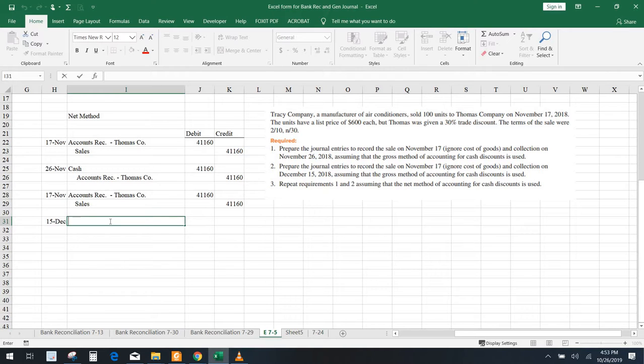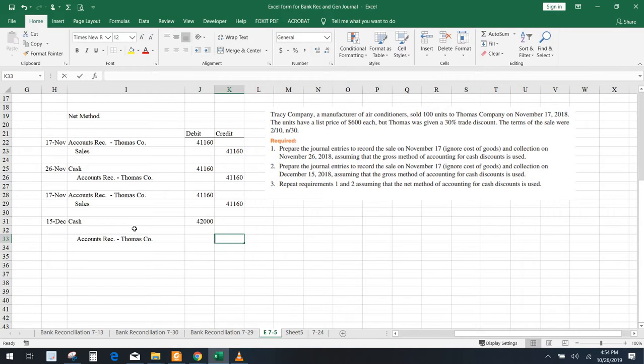So we debit cash for 42,000. We credit accounts receivable, Thomas Company, for the 41,160,